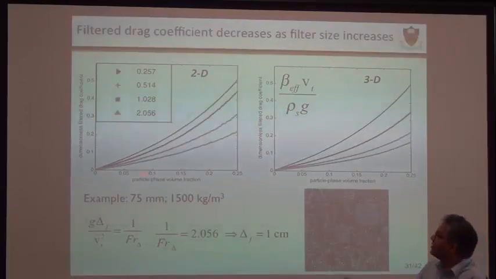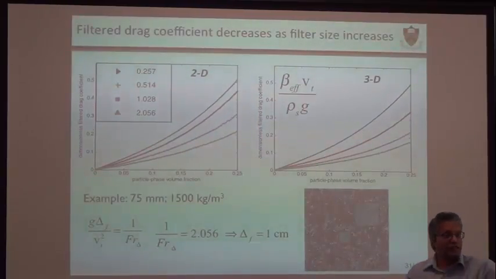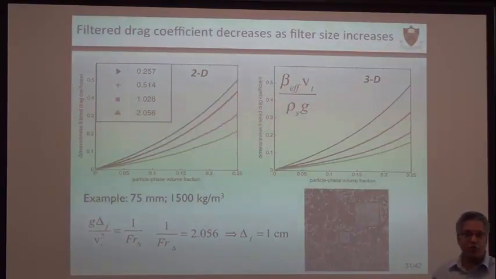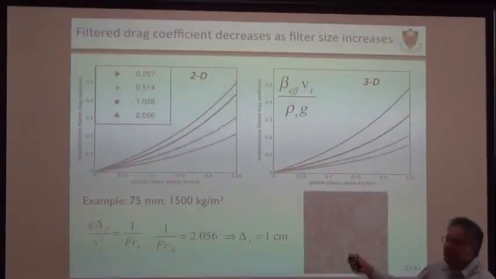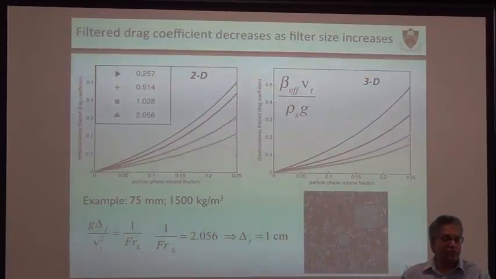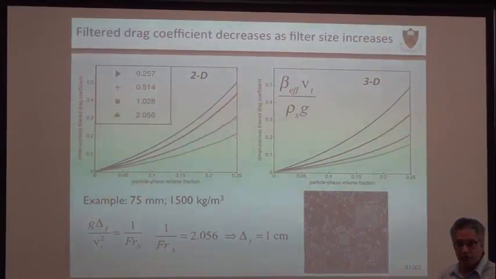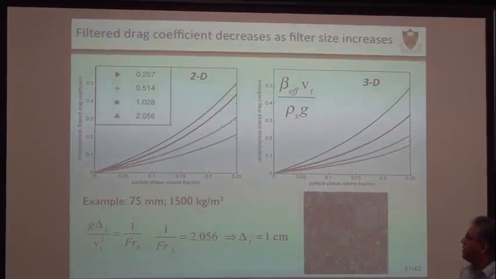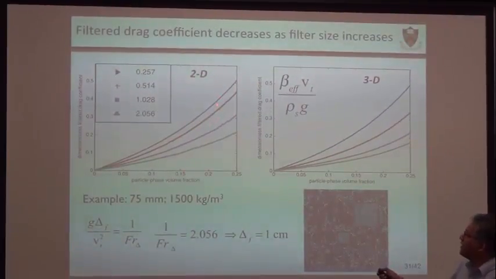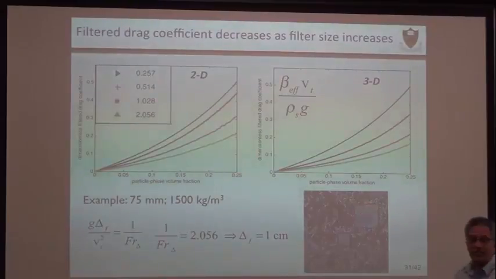The first thing you notice is the blue curve. The blue curve is the drag laws that you can open up the textbook and see. It says that when you increase the volume fraction, it is becoming harder and harder for the gas to go through. That is called hindered settling or hindered drag. And this is what you would get if in my filtered region everything was homogeneous.